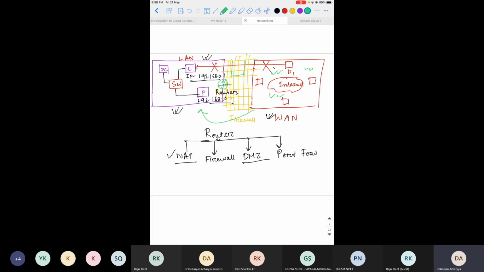So if some device tries to communicate with a device in the LAN, the DMZ will actually sit here, and whatever devices are available in the DMZ area, maybe some laptop or computer, they can directly talk with this device, but not with this particular device seated in the LAN network.